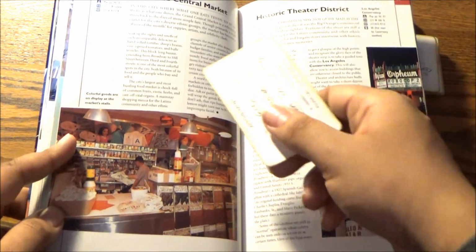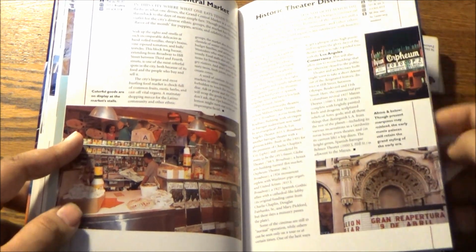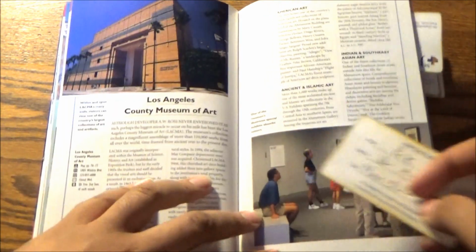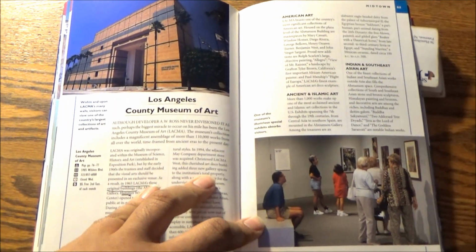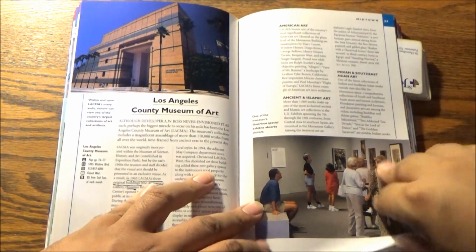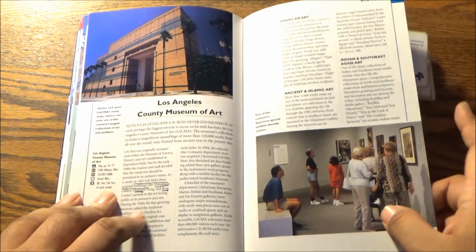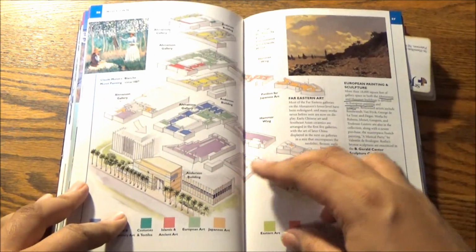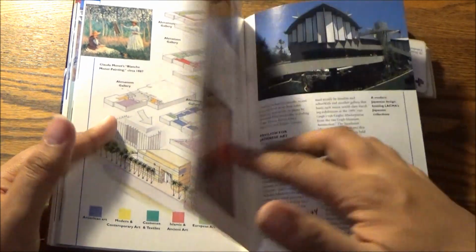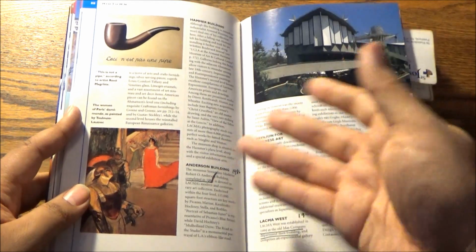Up next here is the Grand Central Market and Historic Theater District, which also plays home to the Orpheum Theater. The Los Angeles County Museum of Art. We're mainly about silver screen entertainment and small screen entertainment, and sometimes a little bit of on-stage entertainment here and there, mainly Broadway, but we can also appreciate a good play in West LA or East LA, but we don't very often highlight museums around here,